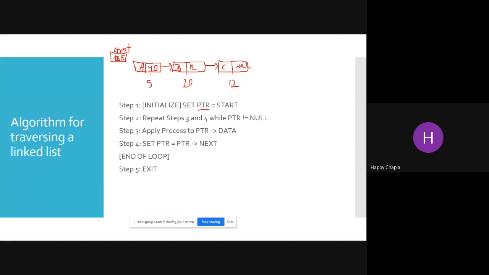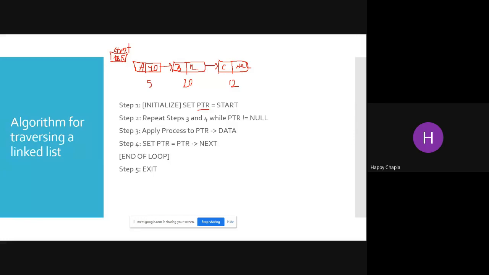Now I have to jump over here, jump next, till the address part of any node is not equal to null. I have to shift. I am just traversing, I am visiting. Yes, you are A, yes, you are B, yes, you are C. I'm just traversing every node, seeing whether there is any data part or not. That is traversal. Starting from the first to the last node, I am doing something: either I want to print, or visit, or change, or do something. This is the traversal only.